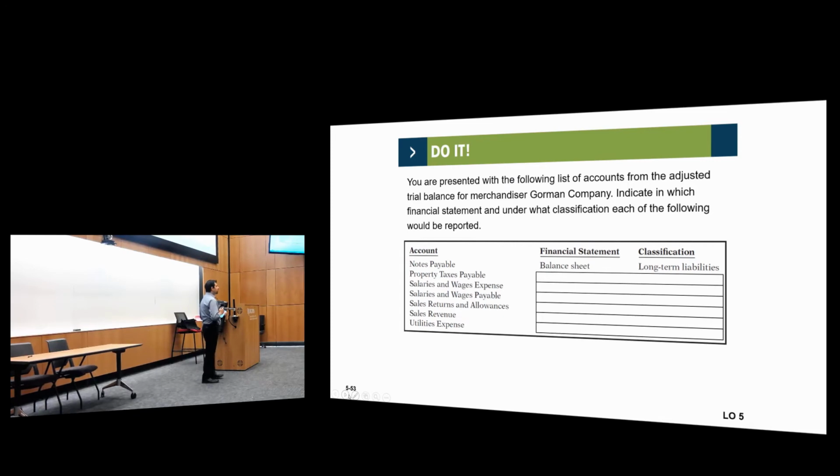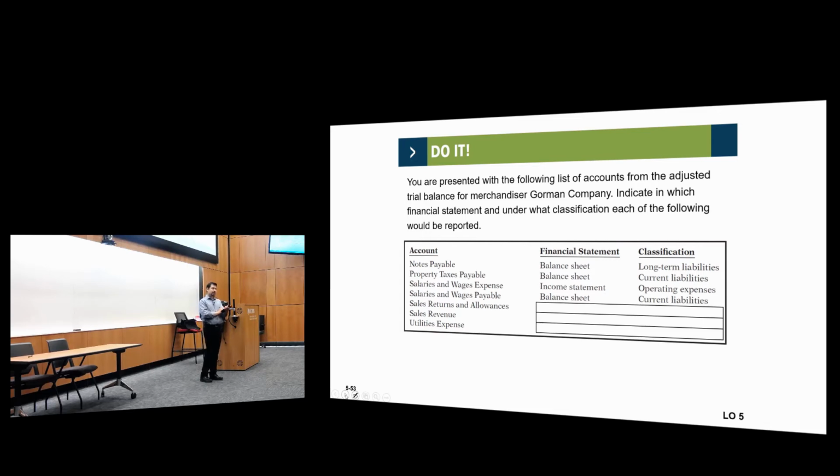Now, notes payable that are due this year will be current liabilities. They are called current maturities of long-term debt or something. So property taxes payable, balance sheet, current liabilities, salaries and wages expense, income statement operating expenses, salaries and wages payable, balance sheet, current liabilities,